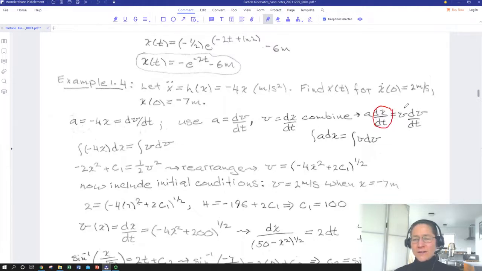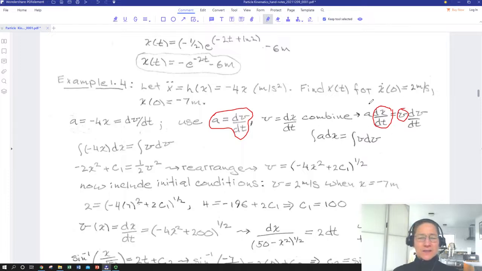And on the right-hand side, we're going to express velocity this way. But we've just multiplied by velocity on both sides, so it's still a valid equation. We took this expression and multiplied the right and left-hand sides by velocity, except we used a different appearance of the velocity expression for each one. So